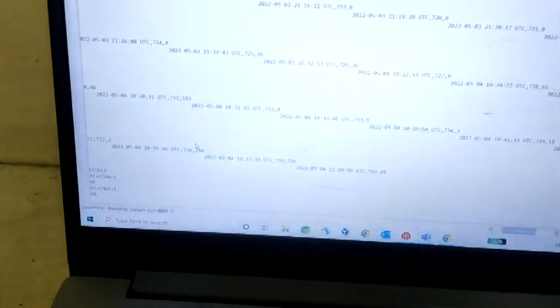You can see that the recent data from the server is downloaded by our SIM 800 module. Now SIM 800 is trying to send this data.